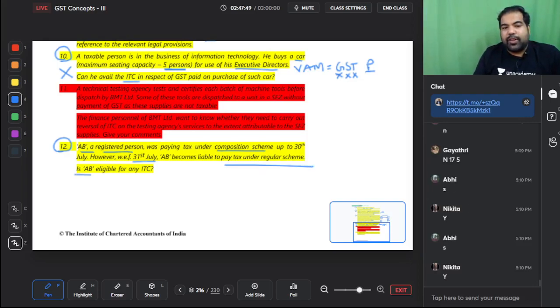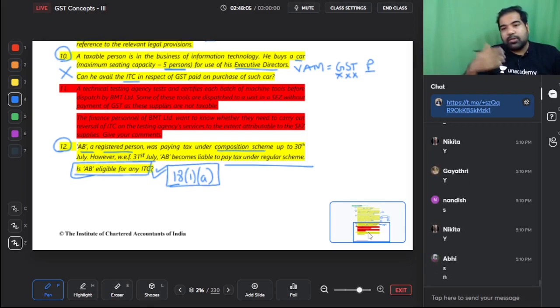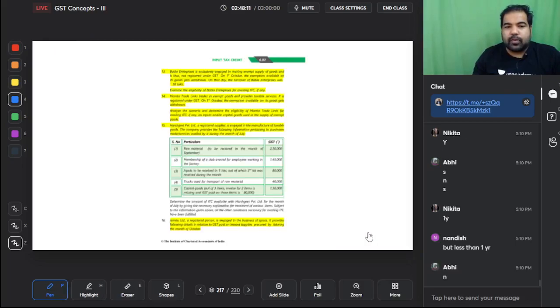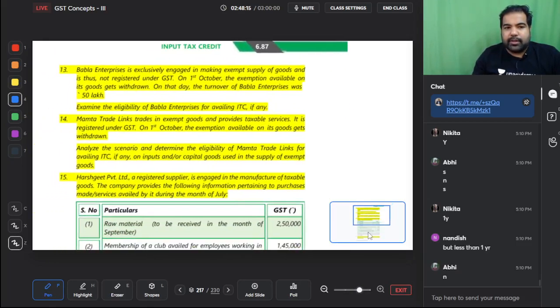Yes. So will they now give you ITC? Definitely yes. This is a special situation, section 18(1)(a). On your stock, will you get ITC? Yes. But on capital goods, no. But if next you buy any stock of capital goods, then you get. But on your stock of goods, you will get, but on a stock of capital goods, you will not get. But less than 1 year, absolutely right. Guys, question number 13 on the screen.